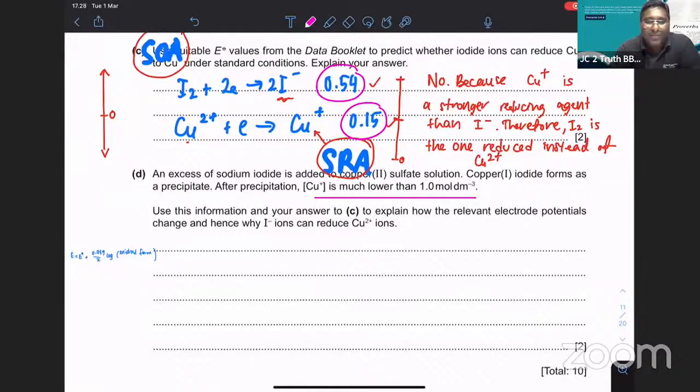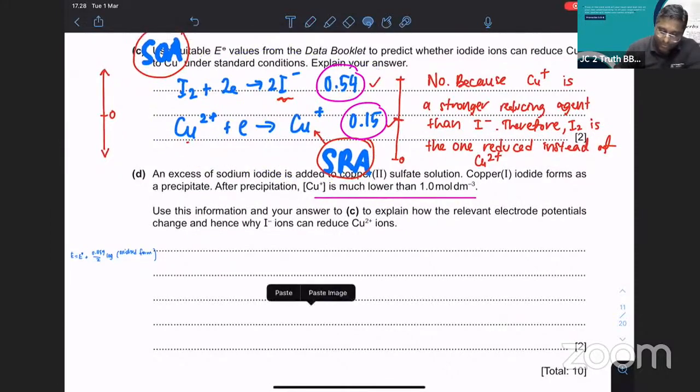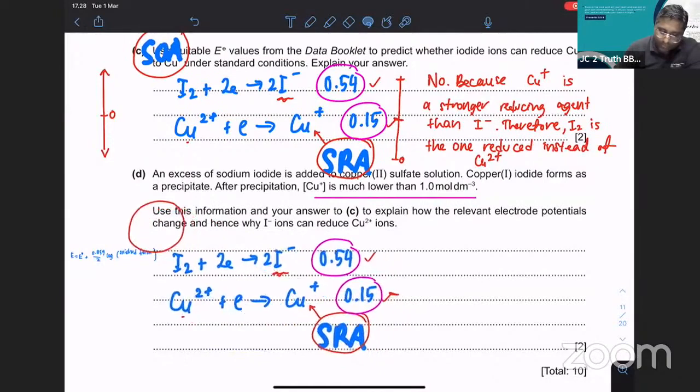So after the precipitation, Cu+ is much lower than 1, so if I copy and bring this down here,